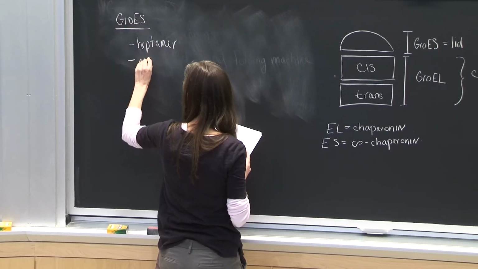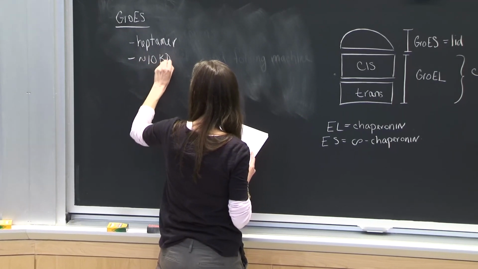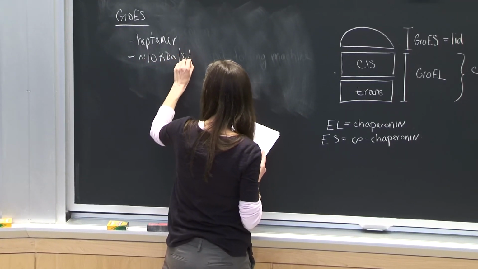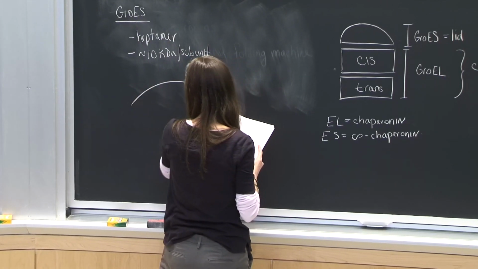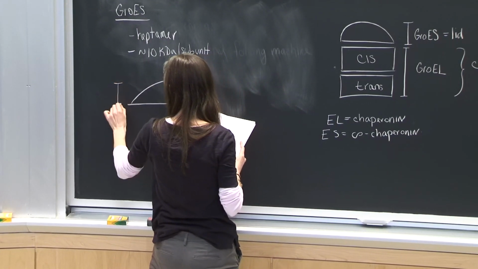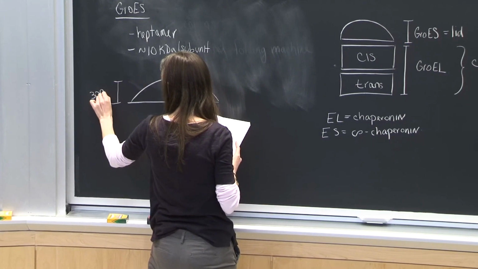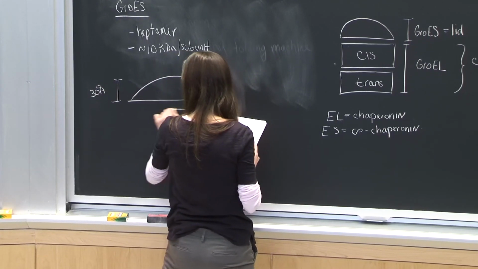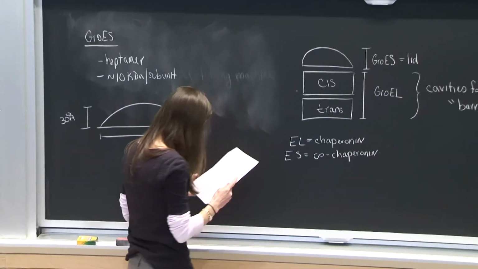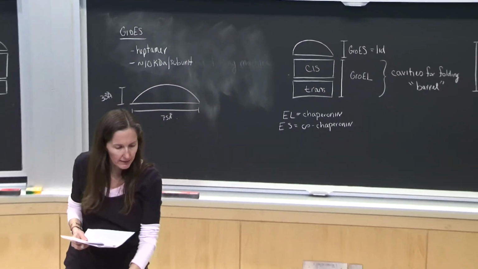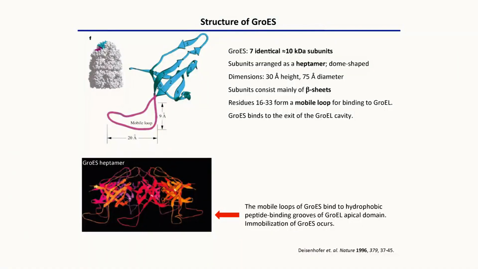Okay, each subunit is only about 10 kilodaltons, about 30 angstroms in height and about 75 angstroms across here. Okay. And what we see if we look at the structure of an individual GroES subunit, so again here, what